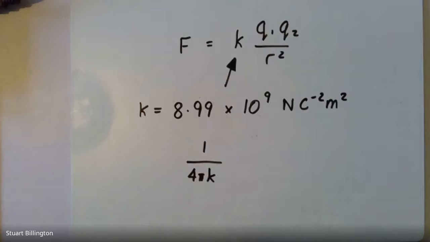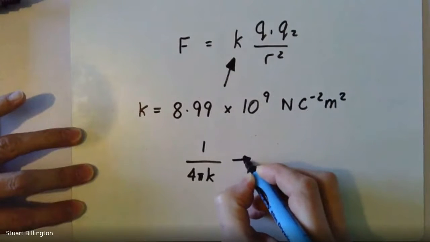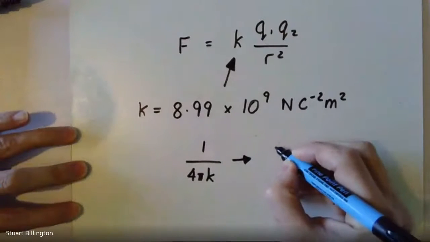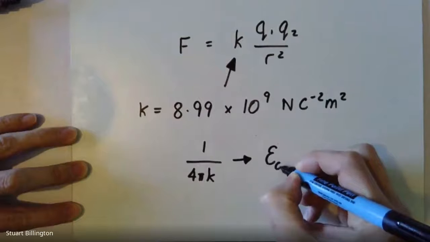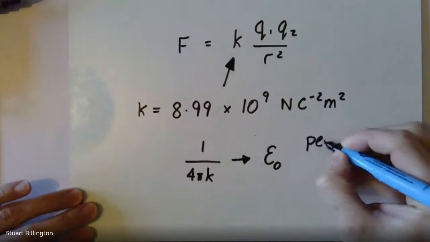So quite reasonably, Maxwell said, look, we need to abandon this K because the only time it actually ever turns up is in Coulomb's law, and we've absorbed that into the Maxwell equations now. So Maxwell gave this constant a new symbol. It's called epsilon naught, or epsilon 0, but it's usually pronounced epsilon naught. And epsilon naught is the permittivity, got a cool name,